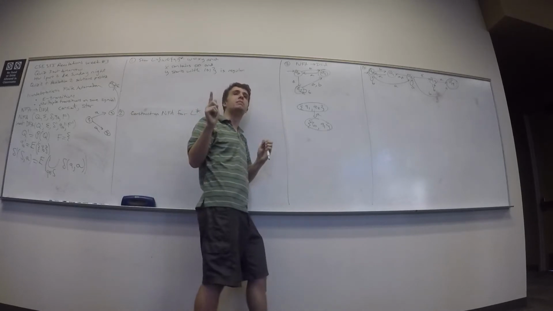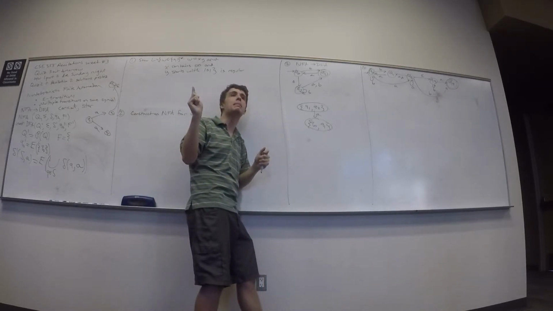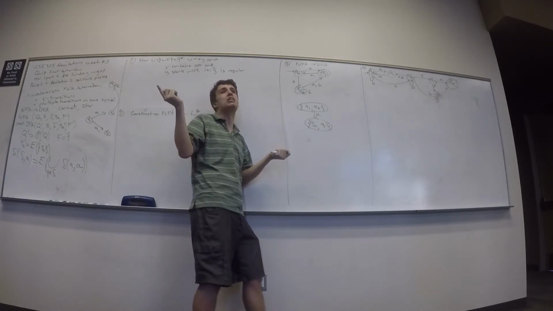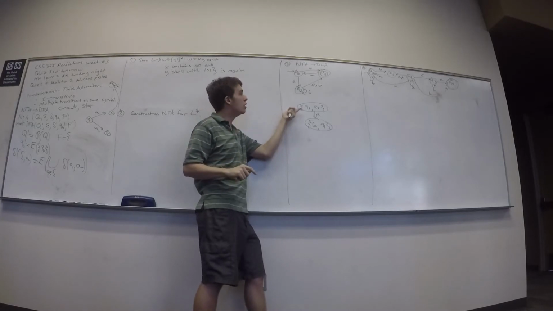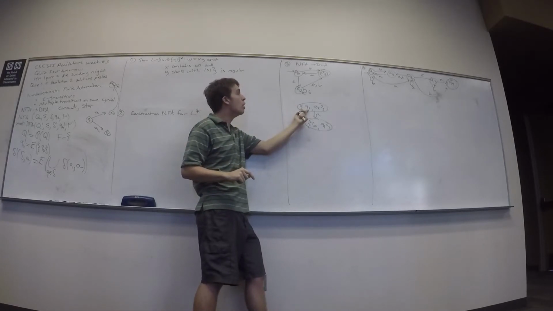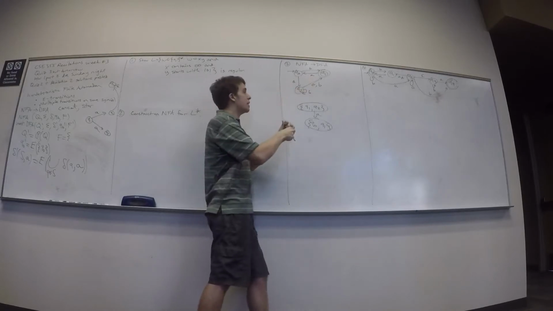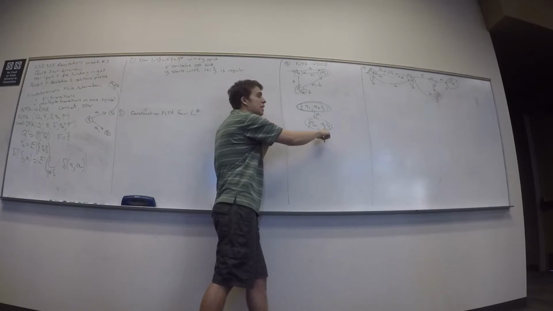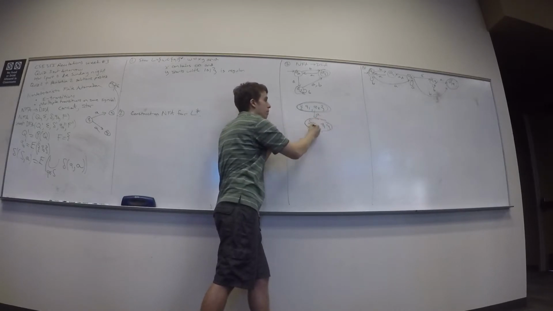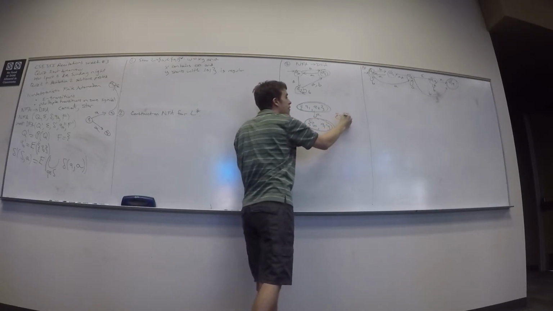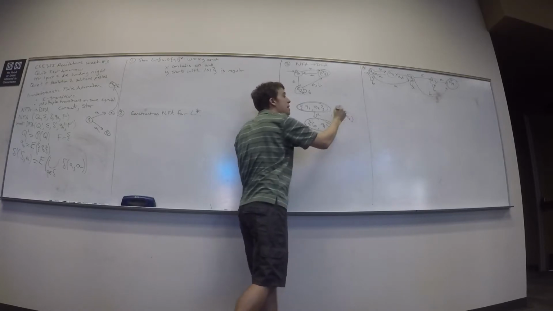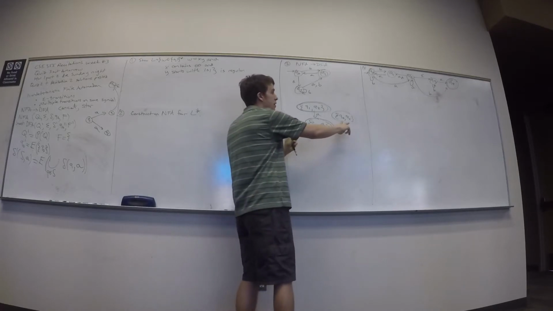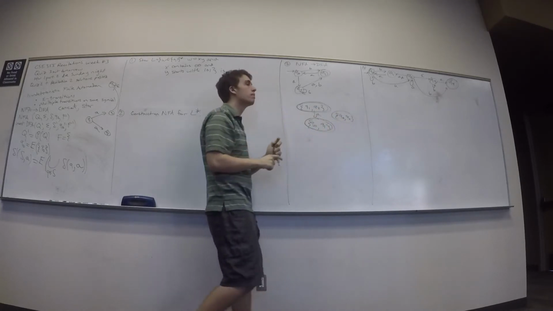Because non-determinism says, if there is a way to accept, it will make that choice. Or if there are a bunch of choices, it will make a choice in that way. So there is a way to get to Q1, which happens to be a final state. So I'm going to make this state final, and this one final, because there is a way to get to Q1 also. What about the state Q0, Q2? Should I make that state final? No, because none of the states in here are final.